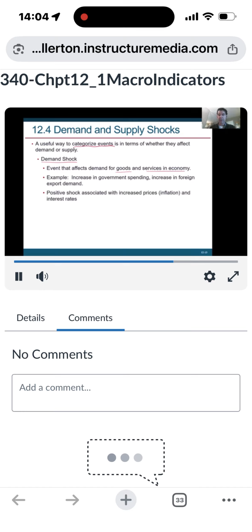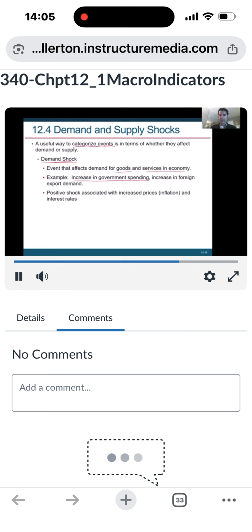So an example, maybe there's an increase in government spending. Maybe there's a new bill that says they're going to spend on infrastructure, they're going to spend on, I don't know, roads or something like that. So you know there's going to be more demand for that product, right? For, say, companies that build things related to roads, for big machinery that would work on that, right? So that's the idea. You look at something happening in the economy. It doesn't have to be an economic thing. It could also be some other event. But you look at it and ask, does that affect the supply or the demand of something? Okay, so if it's a demand shock, you conclude it's going to affect the demand of something.